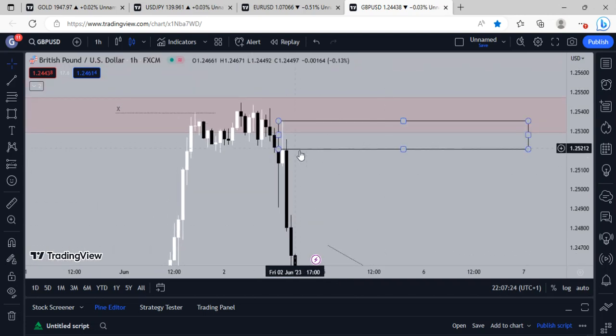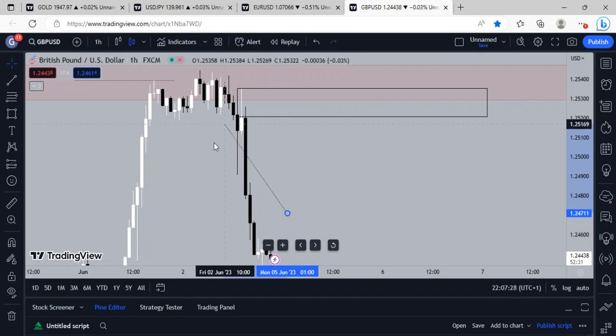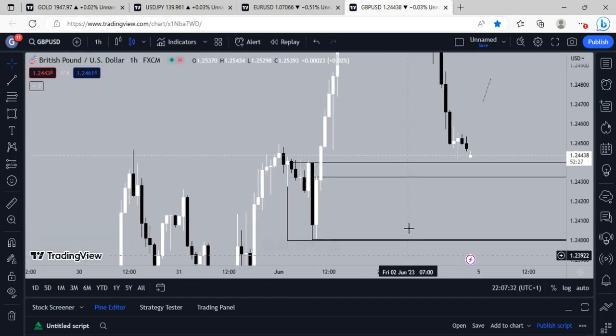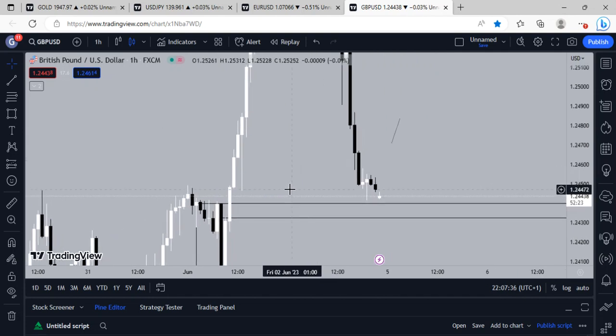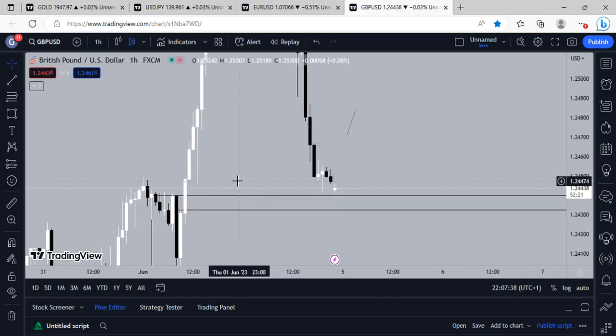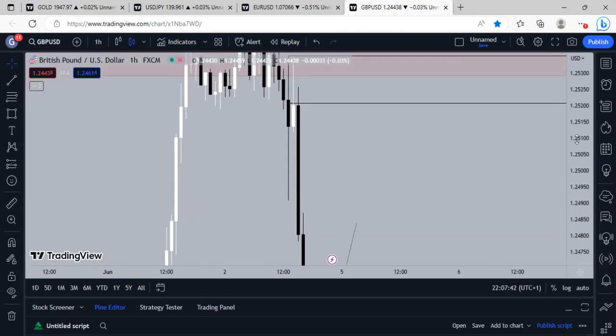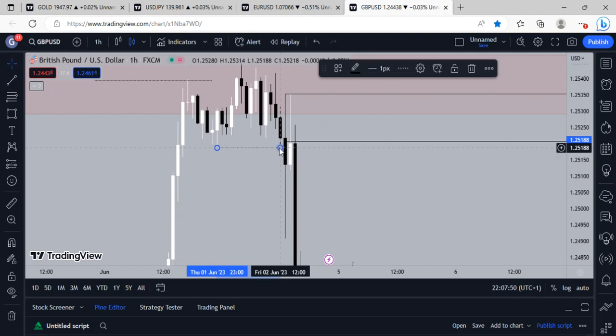Because these inducements that we've set over here, we already have a breakout, okay? We already have a breakout, all right, and one of the breakouts over here, this pullback, okay,